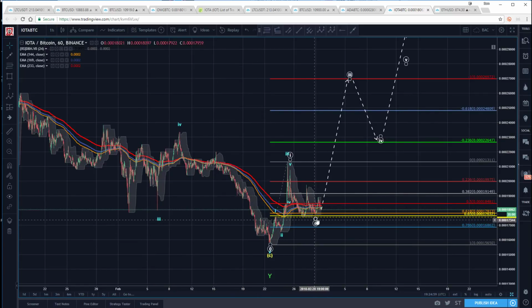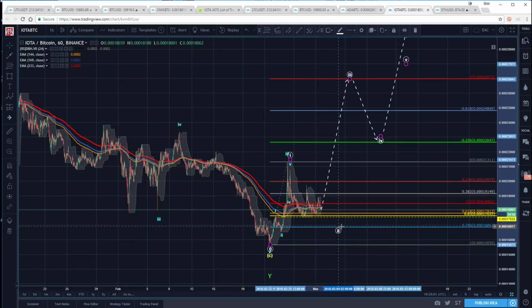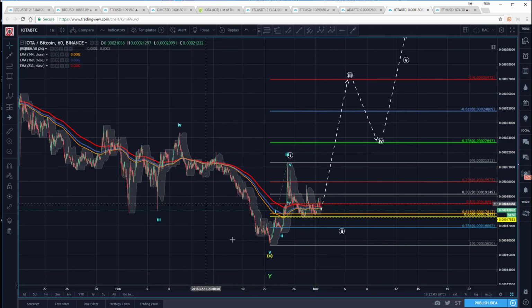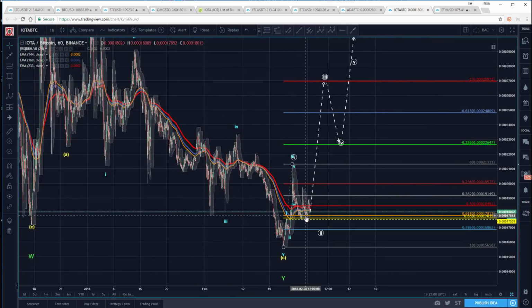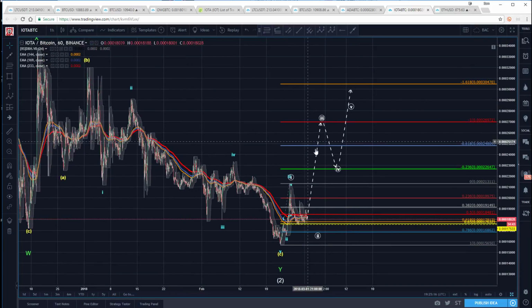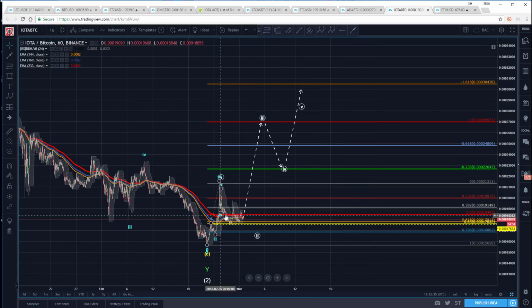So then you've got to ask yourself, how much am I willing to give? If you're just long and strong as a holder, then do you really care? Well, this is low enough. If you liked it here, you've got to love it here. That's not how I would approach it. If I was hunting, stalking this coin for an entry, it's not good enough yet for me to put capital at risk.